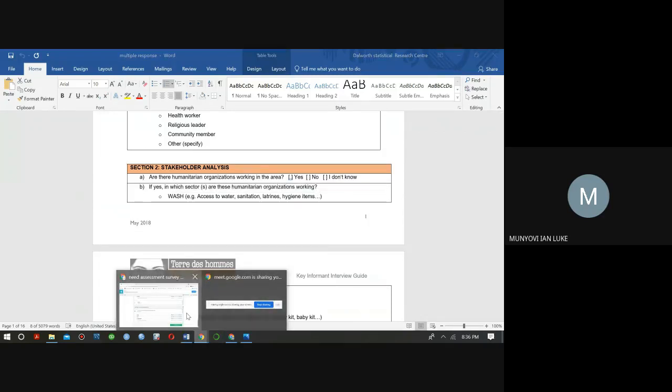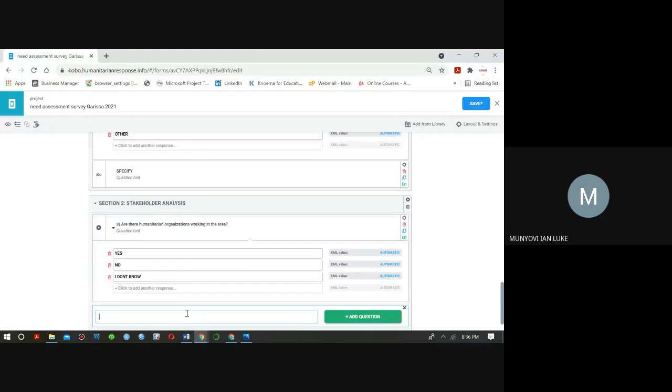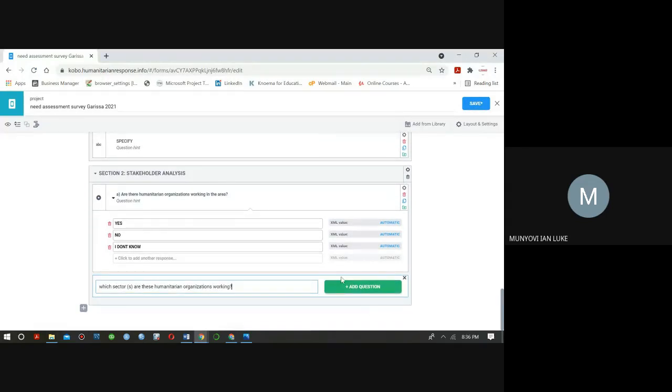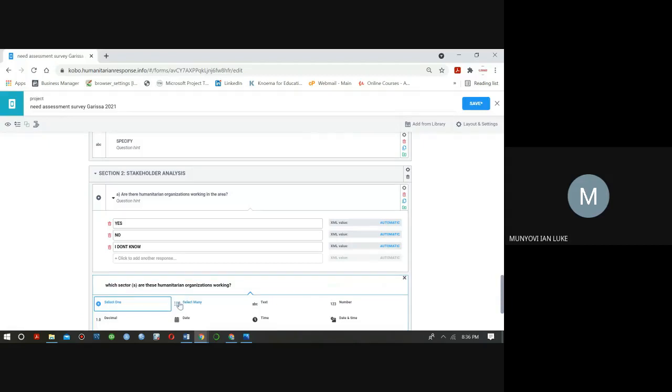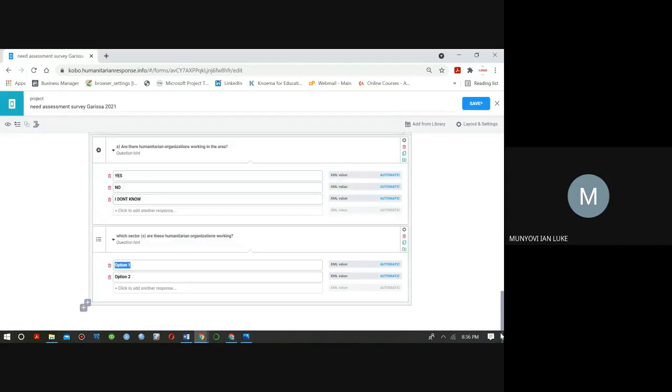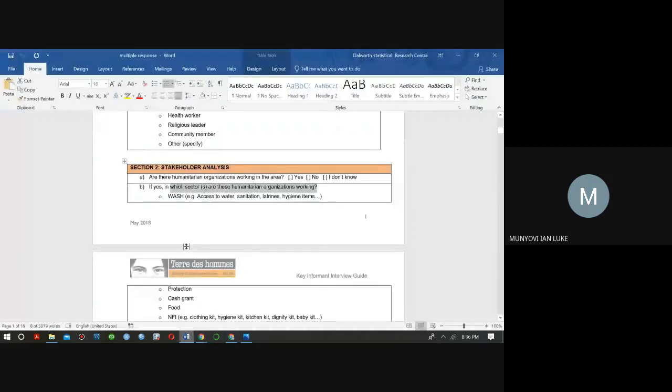But to me, I agree with Polycarp. So I'll say, in which sector. When I go to add question, I will select many. Then option 1 is WASH.